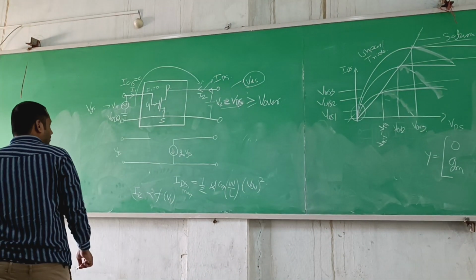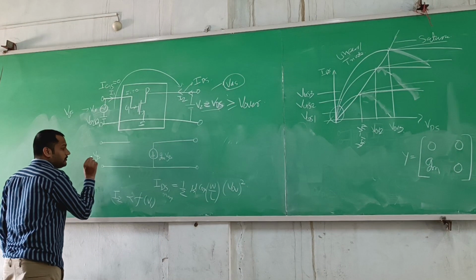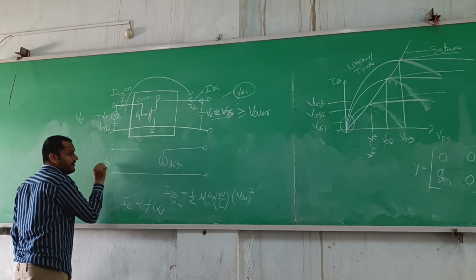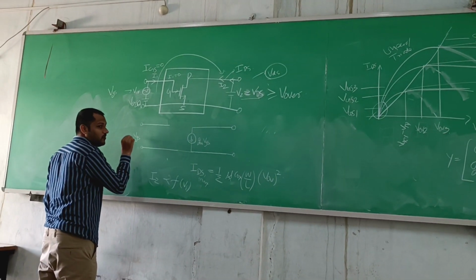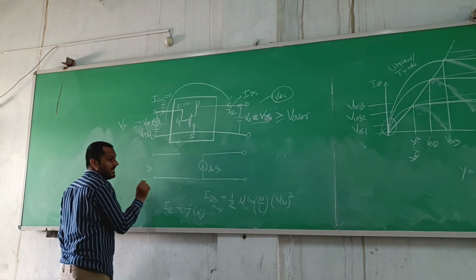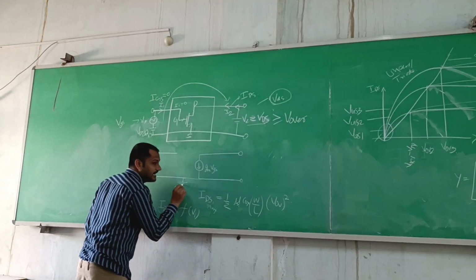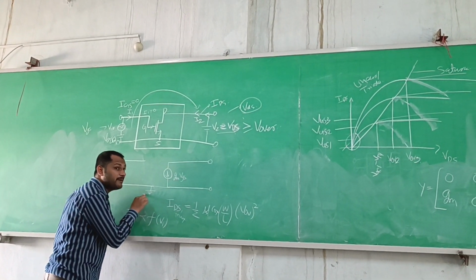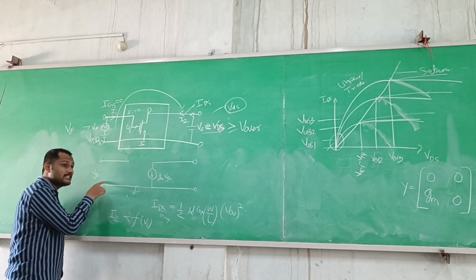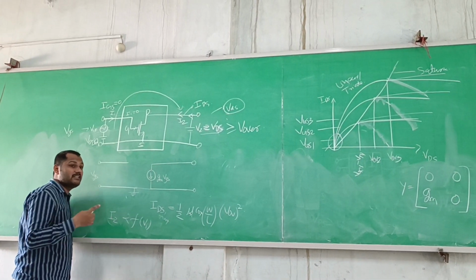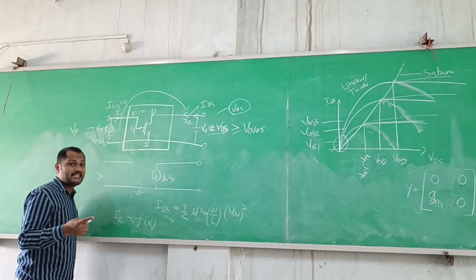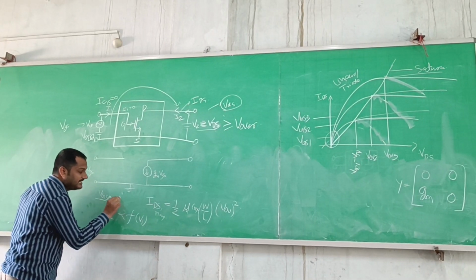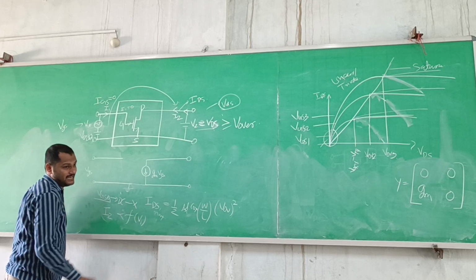And in this small signal model, this point you need to remember. I have mentioned small vgs. I have not mentioned capital VGS. Only small vgs we will take into consideration, and capital VGS is grounded, because capital VGS is DC, and this is our small signal. By signal we mean AC, something which is changing with time. Signal is always changing with time. DC, VGSQ, should be constant. This is the DC, not changing with time.